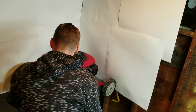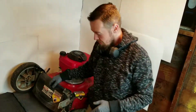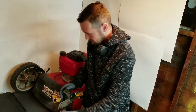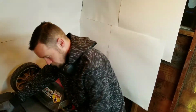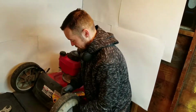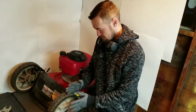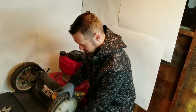Now I have this on the bench here, so it's a little harder than on the floor, but I'm trying to get the right position so that you guys can see what's happening. So you're going to be bending this and then putting the wheel back on to see what kind of change was made. Alright, now I pointed mine a little bit outwards,